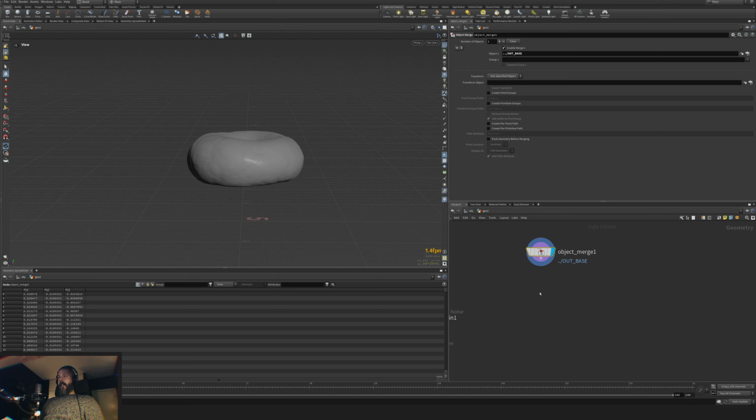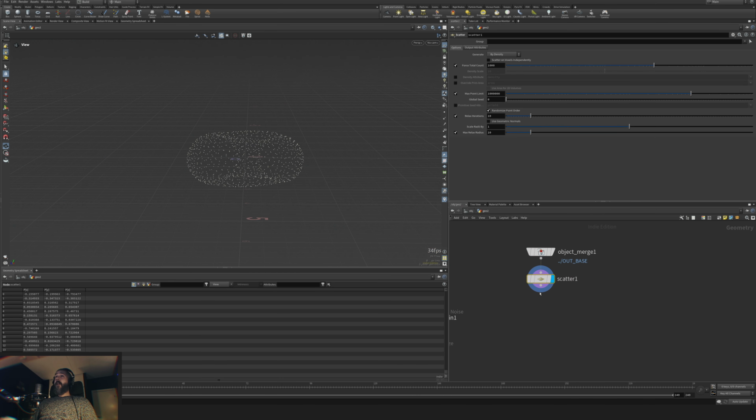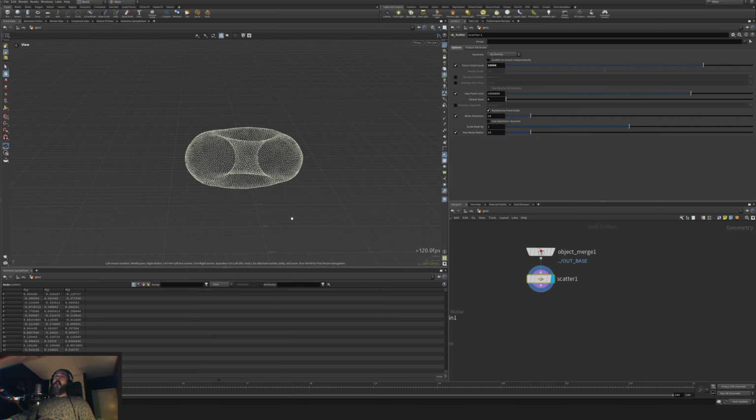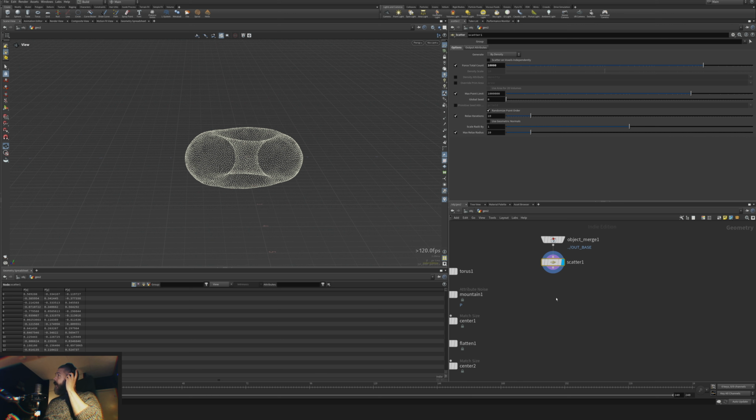And to create the glaze, I'm sure there's many ways of doing it. We're going to use points and we're going to use VDBs. So let's start off with the scattering. Set that to 10,000 maybe. I also want to use colors, using a noise so that we can remove like black parts, for example, just to keep the edge uneven